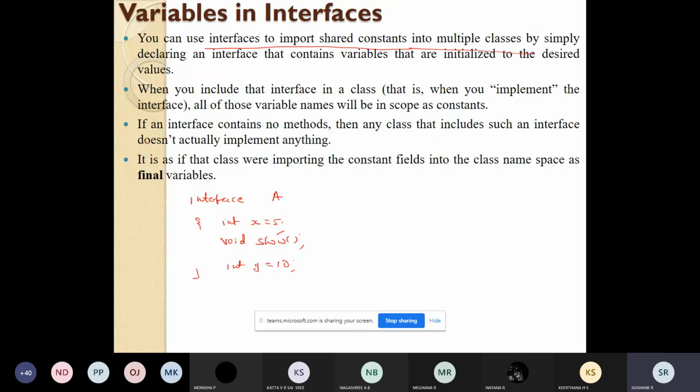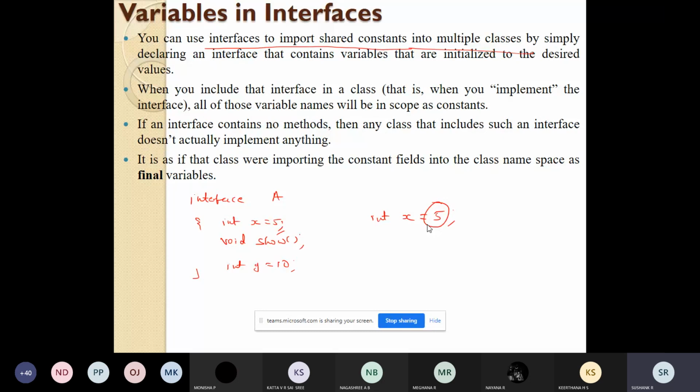Once you declare a variable inside an interface, you should give a value for it, because you are creating a constant.